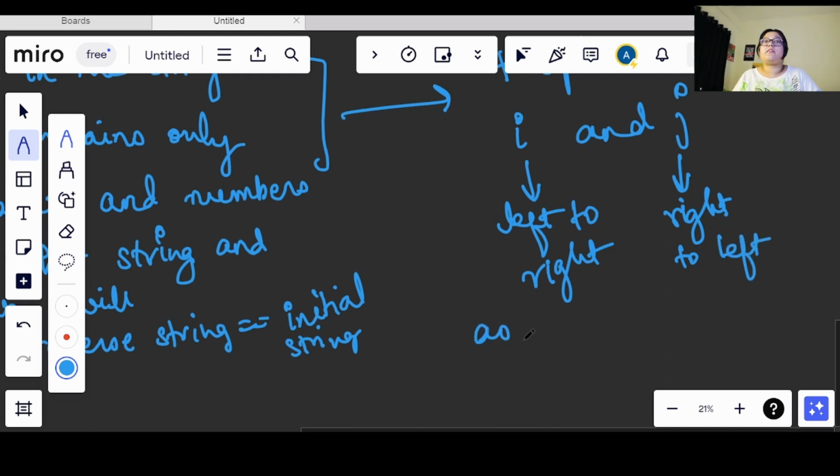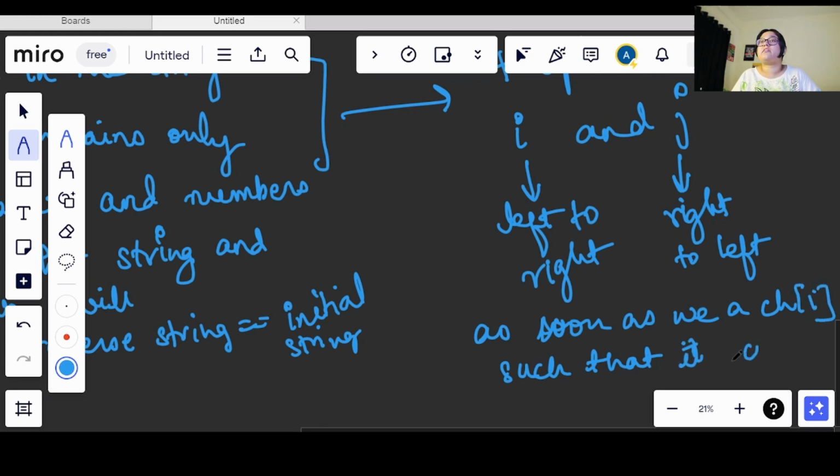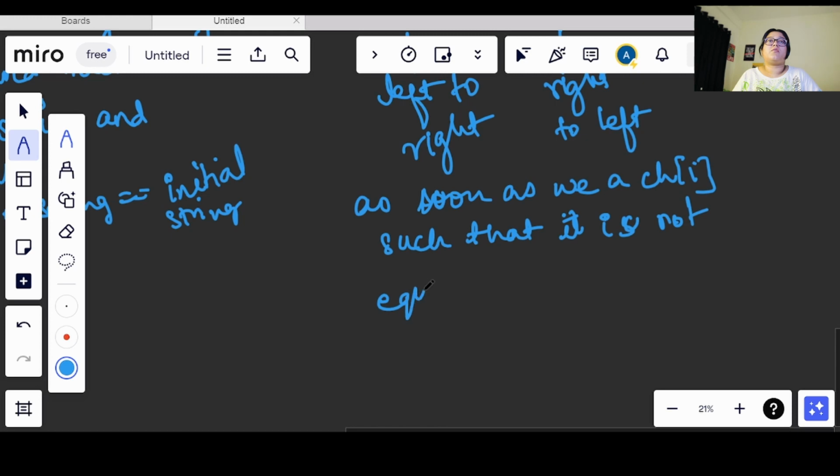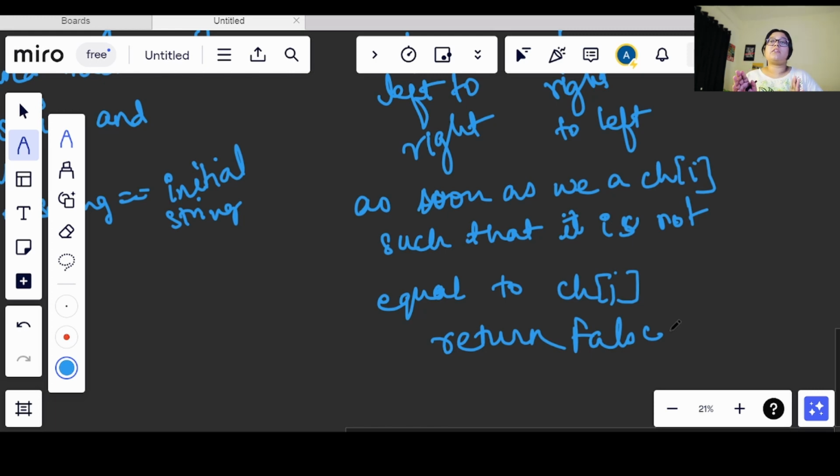As soon as we get a character at i that is not equal to the character at j, then we will return false, otherwise out of the loop we will return true. So that is the approach. Now let's move on to the code editor and we will run both of these codes.